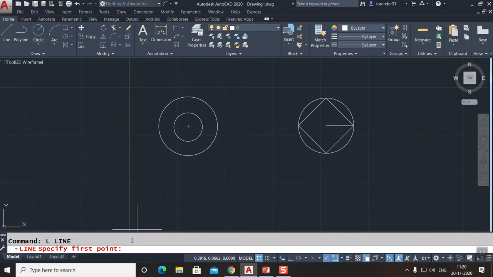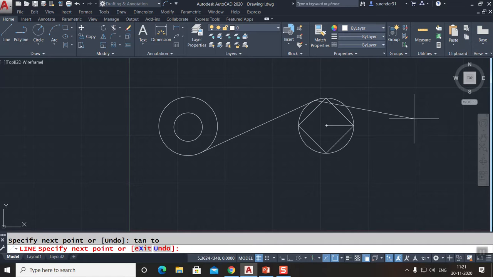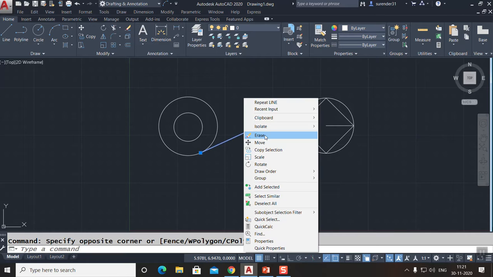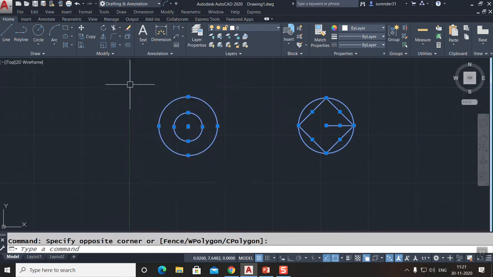window. When you are typing in the command window, whatever OSNAP modes are on in the dialog box will not be considered. It will only consider the OSNAP modes which you are typing in the command window. It gives preference to that only. See, now it is showing you the tangent directly. Again, I need a tangent, so I say TAN. As you are using it from the command window, you need to type it again like this. So that's how you can use the tangent OSNAP mode.